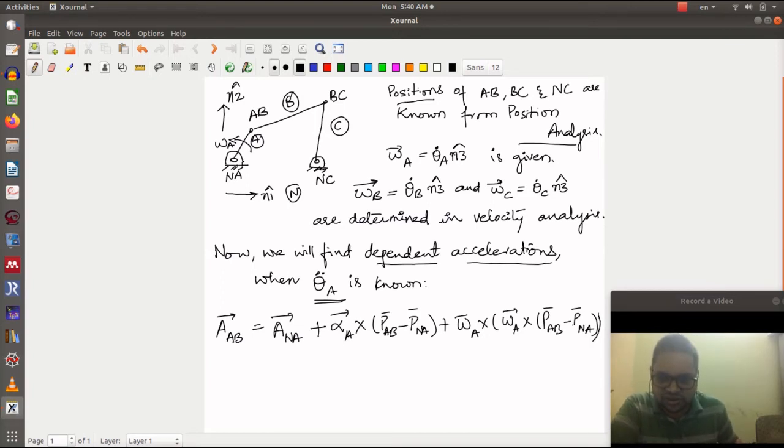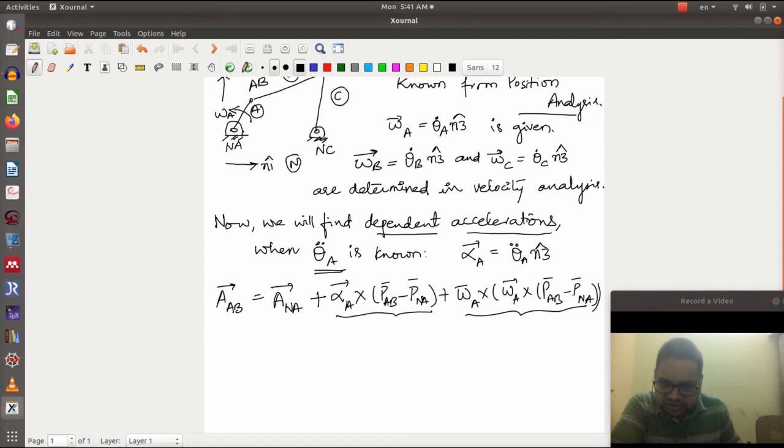This is basically 0. Alpha A vector is nothing but theta A double dot n3 cap. Okay, so everything is fully known. You know this, fully known. Now we have to find acceleration of